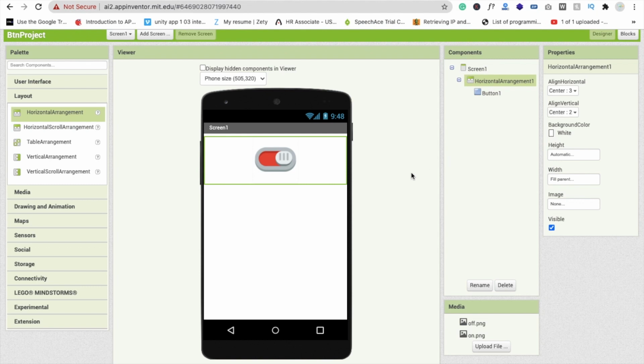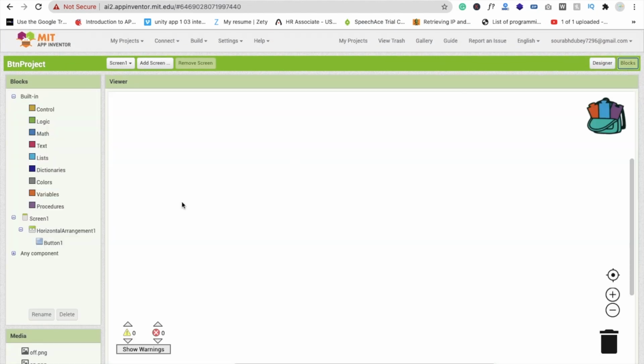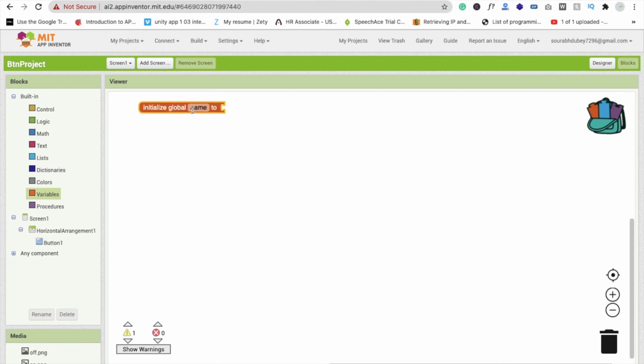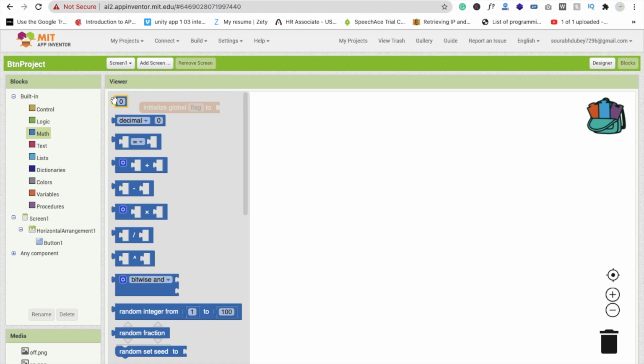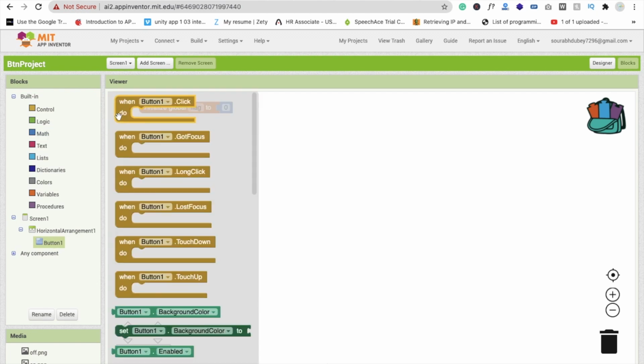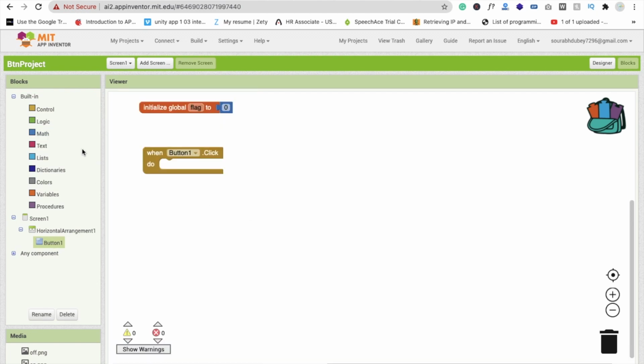Fine. Now go to the blocks section and initialize one global variable, and this should be flag, to know whether the button is on or off. From the math function, I'm going to make this flag value 0. Now whenever someone clicks on this button, we need to check the condition.